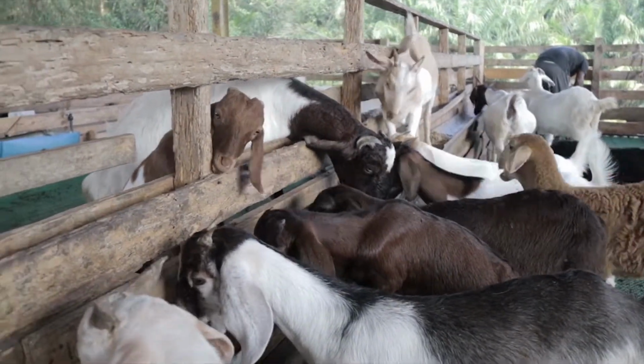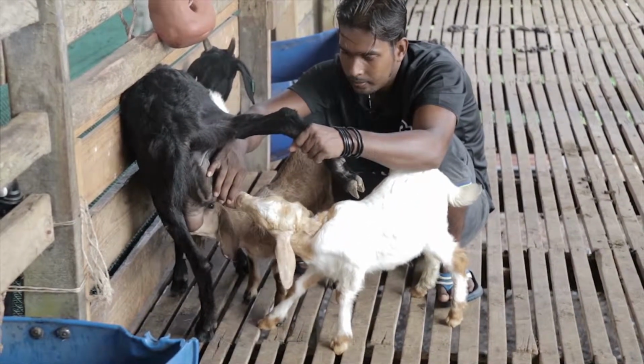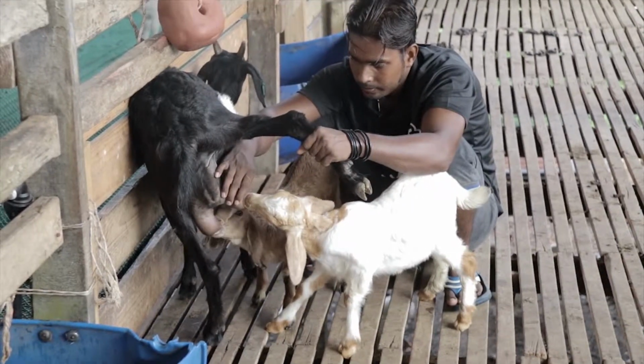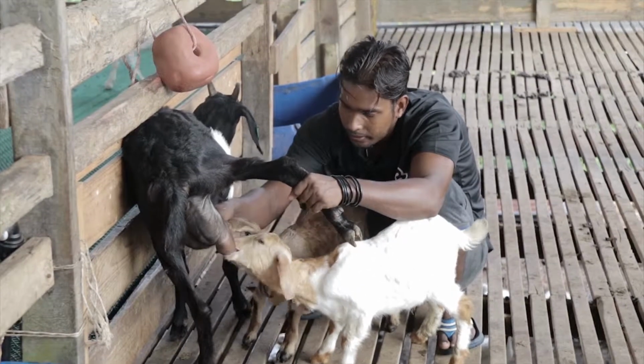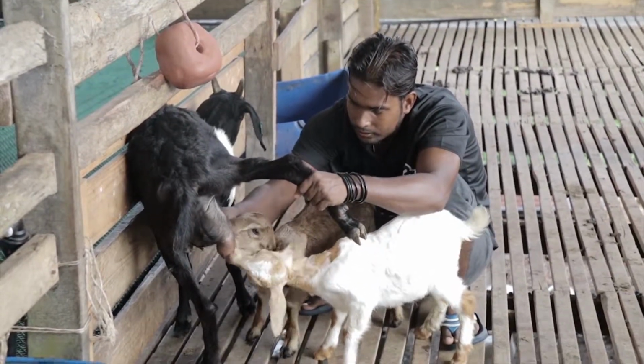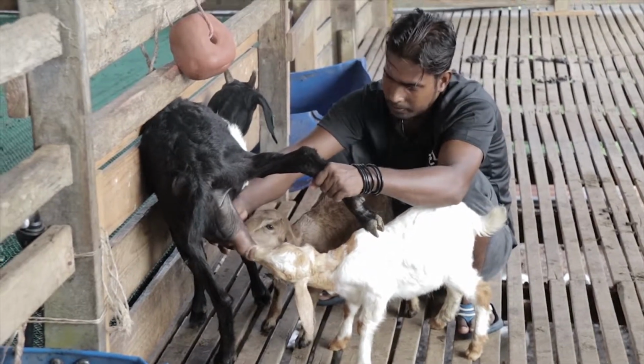After about 1 month plus, we let the mom go back and breed again. And then we have the kids put here, and they are actually trying to learn to feed on their own. But I have my worker to actually take care of them, make sure that they are having sufficient